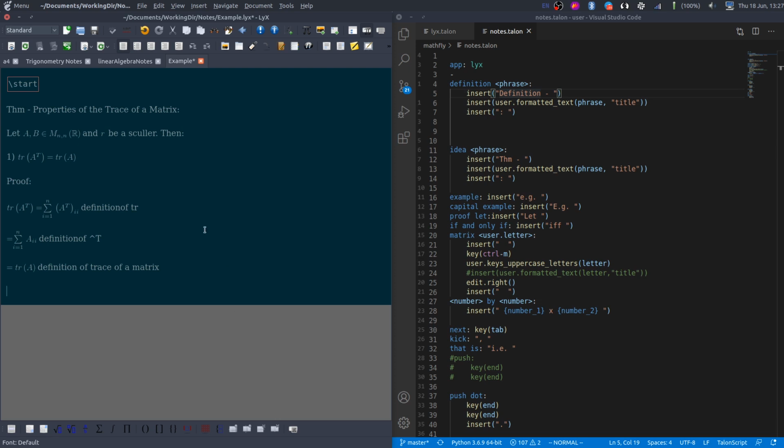So now I'll demonstrate dictating a matrix. I think I showed one in MathFly, but it's similar in Talon. I use row operations a lot, so I'll show what a row operation would look like.